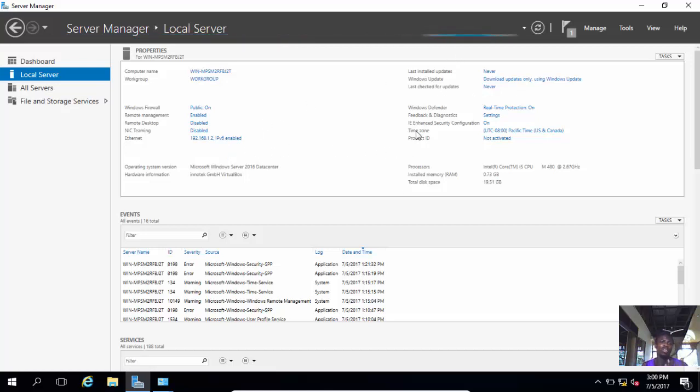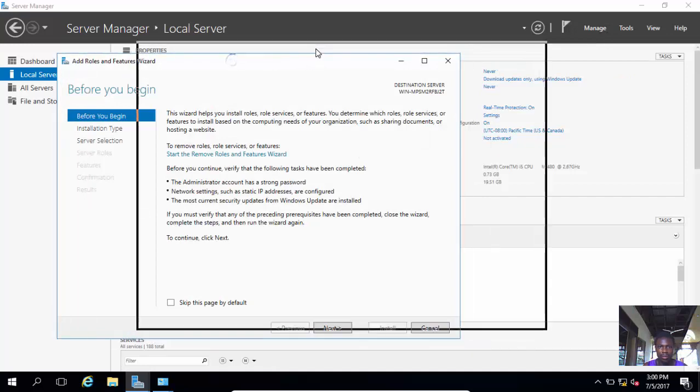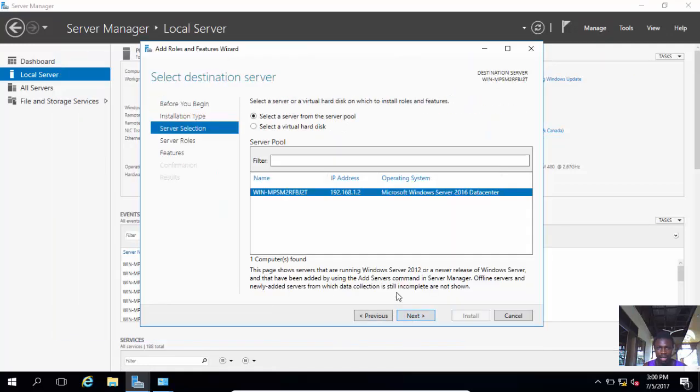Okay, so for your IP address to reflect, you have to refresh Server Manager. So now this is our IP address, which has been set to 192.168.1.2. Okay, so let's add roles and features. This is the window. Click next. Okay, you see now our IP address has been reflected. Yeah, that's our IP address, and this is the name of our computer. Click next,